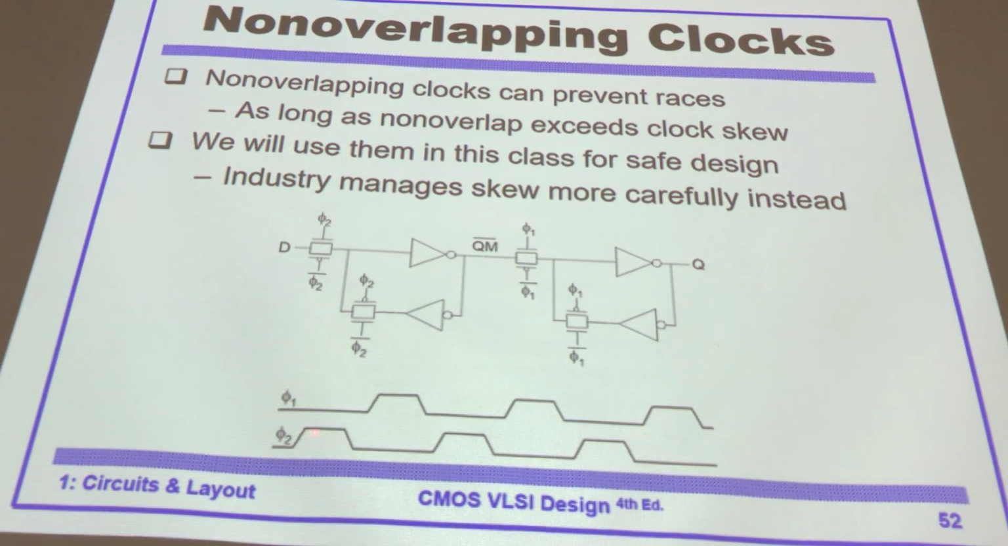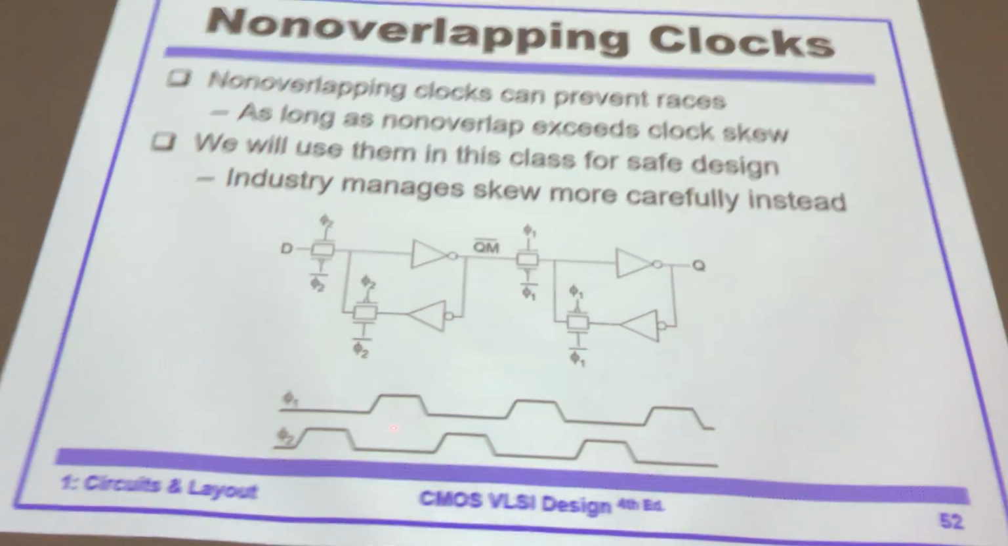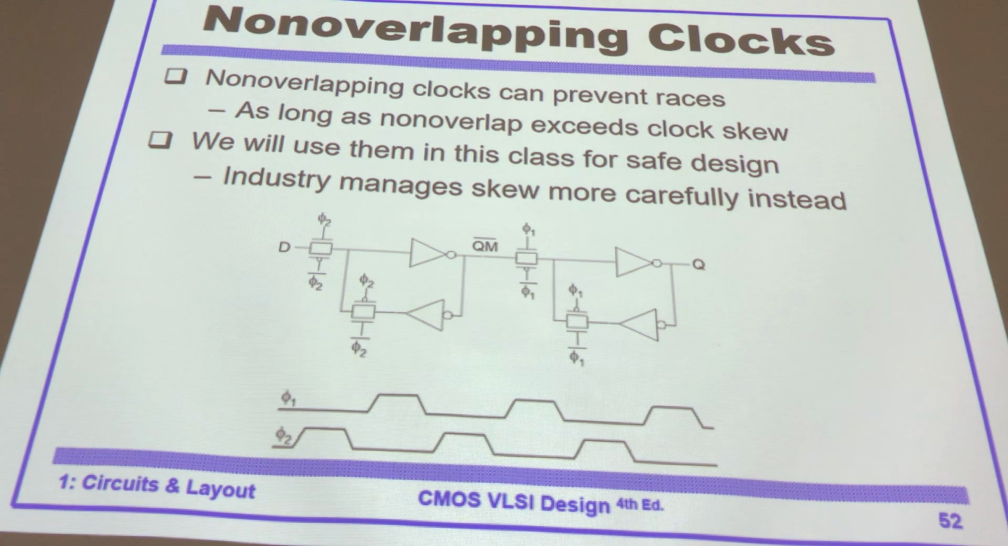Okay? When phi 2 is high, phi 1 must be low. When phi 1 is high, phi 2 must be low. There could be some period of time both are low, but it cannot be both are high. The reason why some people prefer this non-overlapping clock is that they want to avoid the clock skew problem, because non-overlapping clock can prevent the race condition, the hold time failure. As long as non-overlap exceeds clock skew,